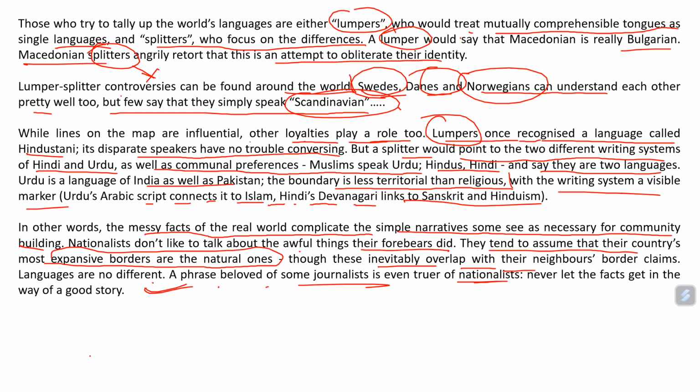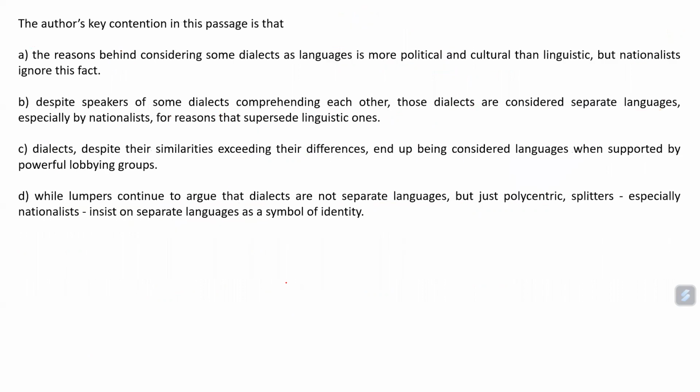Let's see. If I'll be asking what the theme is, the RC is all about what a language is. There are communication barriers. There are lumpers, there are splitters, and how we can eliminate the communication barrier. All these things are there, right? And if you are seeing a bigger picture, there shouldn't be any communication barrier. That's the rationale of the author, right? So understood. Now let's move to RC question 1.